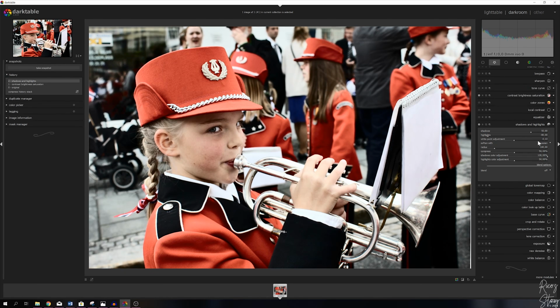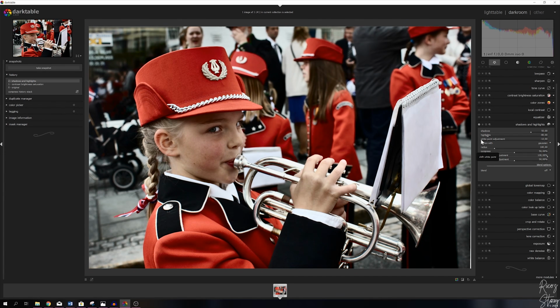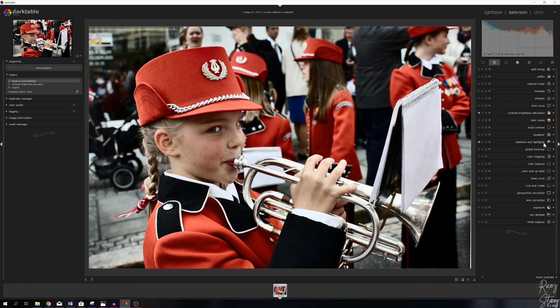Now watch what happens if I drag it all the way to the right, like so. Now it's very bright. Now let me pull it all the way to the left and see what happens. It's a very different image. I think this is too much, so I'm going to put it on minus 8 I think. Let's see how that looks. Yeah, that looks a little bit better. It's a little bit more bright than it was on minus 10. And I still got a couple of things to do, so let me close down the shadows and highlights module